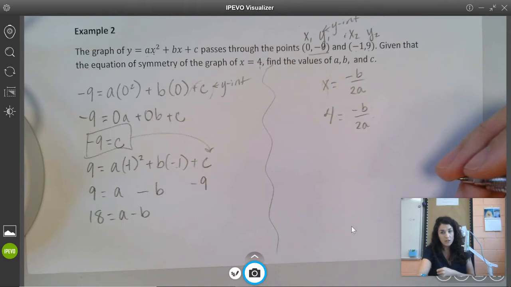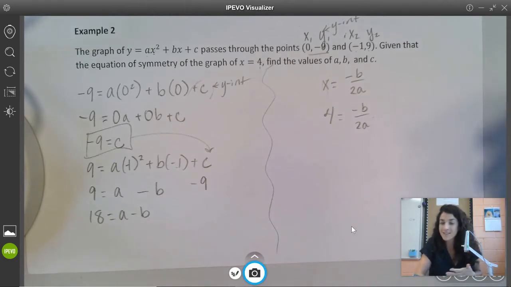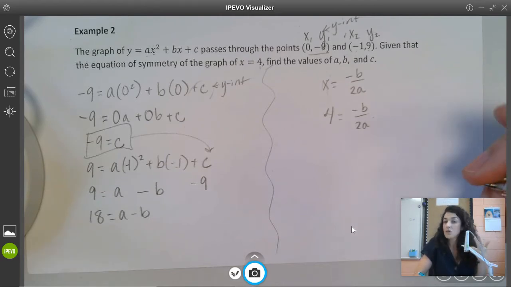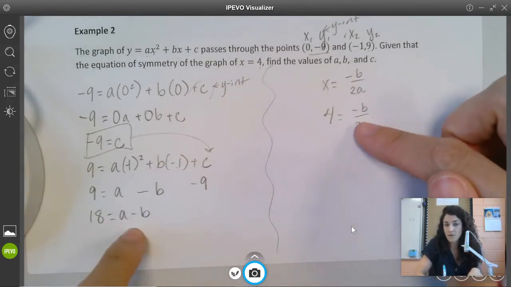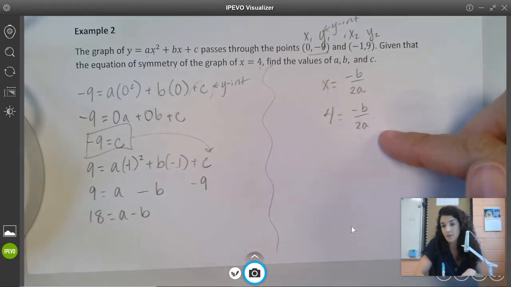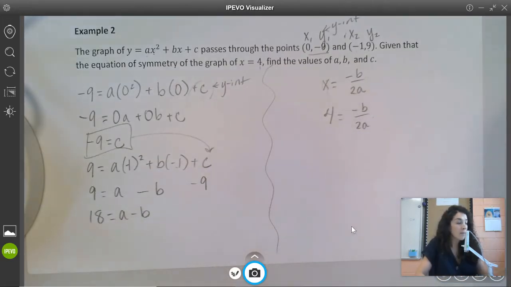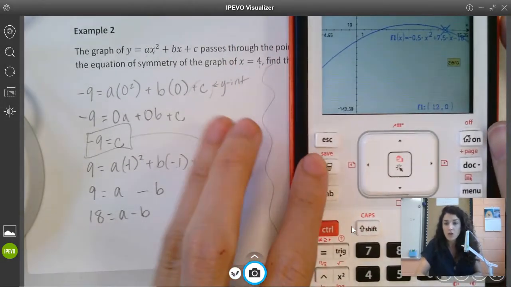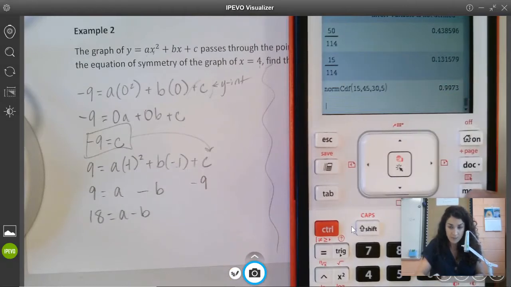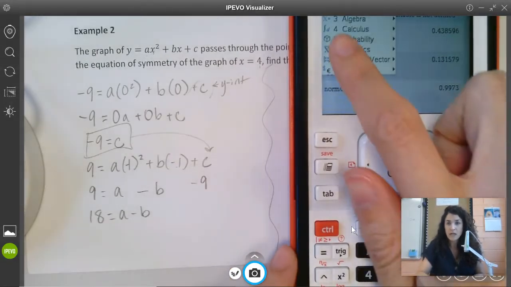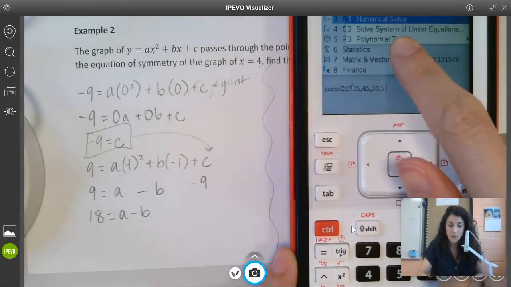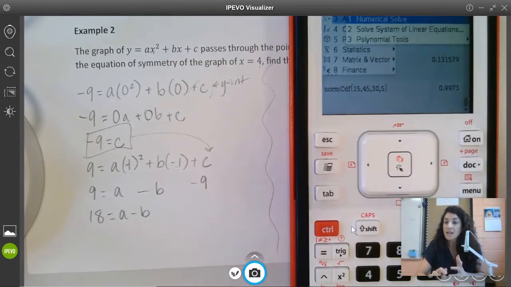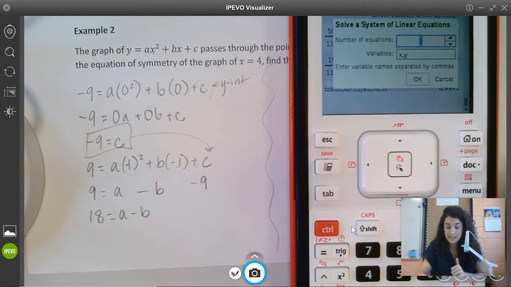There are two ways that you can do this. Because this is a system of equations, right? So how can you solve? Elimination, substitution, or graphing. You can solve for them by substitution, isolating for one of the variables in either of these situations, plugging it in for the other, and solving. Or remember that your calculator has a system of equations operation that you can use. So if you go back to your calculate section, go to menu, and then you go to algebra, solve systems of linear equations. Since it is a system of linear equations,